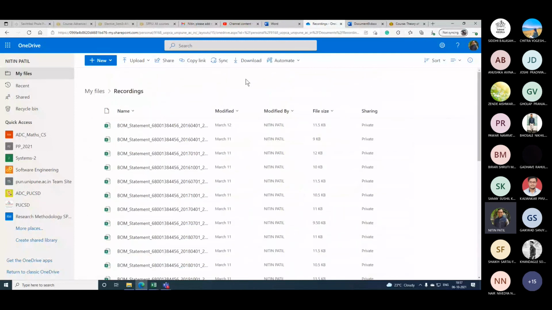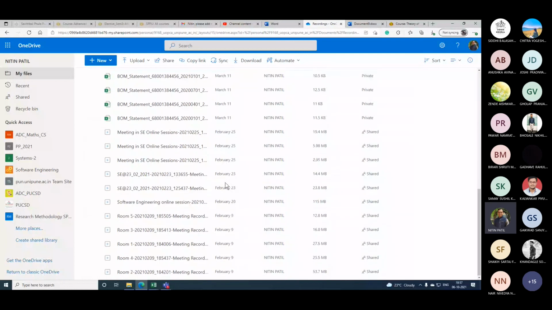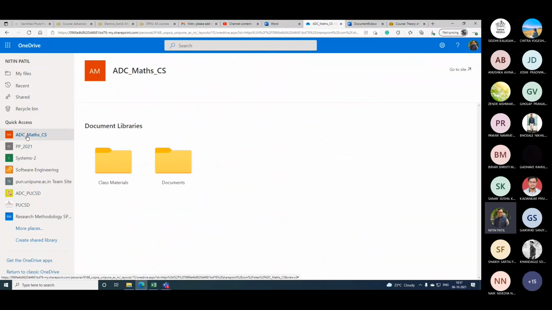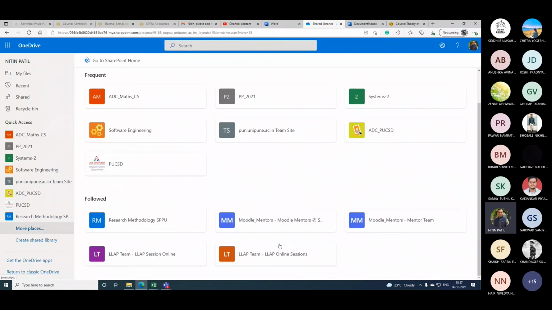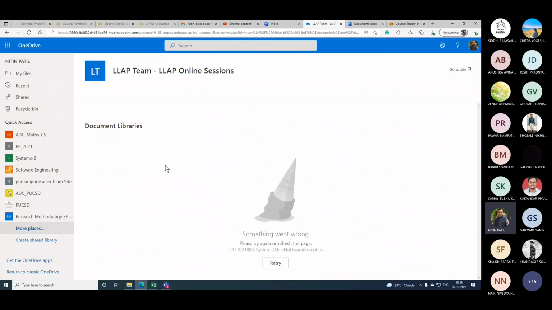Recordings. You will see that there are different files generated. These are the recordings available for each course, for example, ADC Maths. If I add some material in one of my classes, probably today, for example the LLAP online session, then it can be shown here.